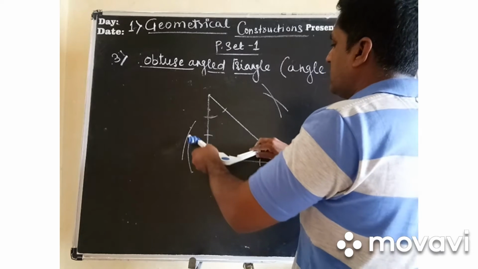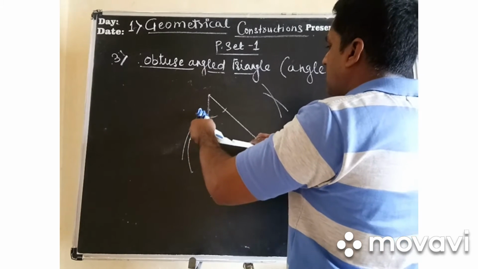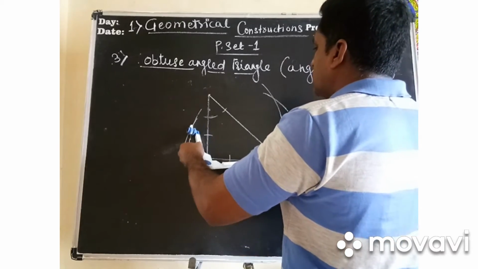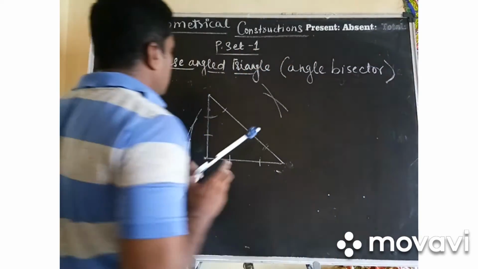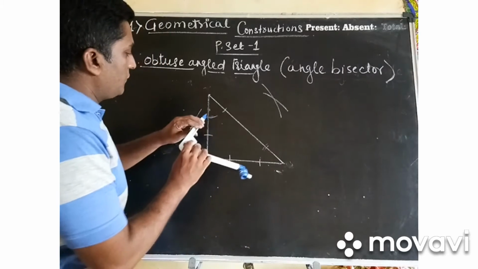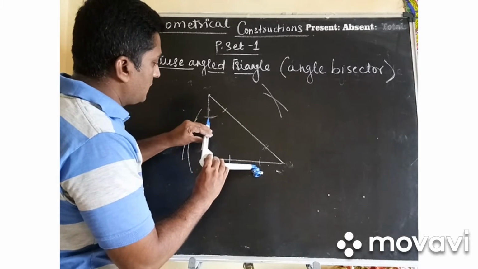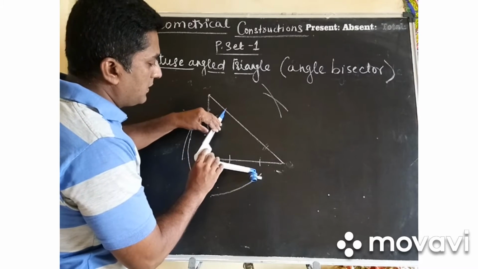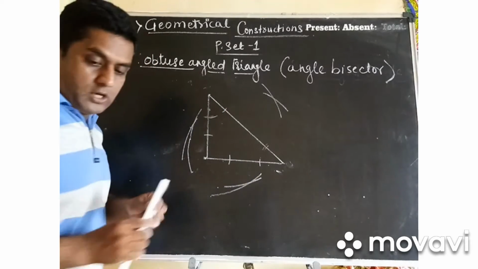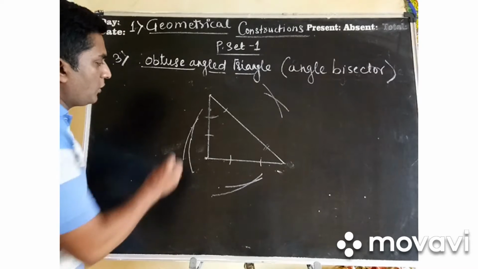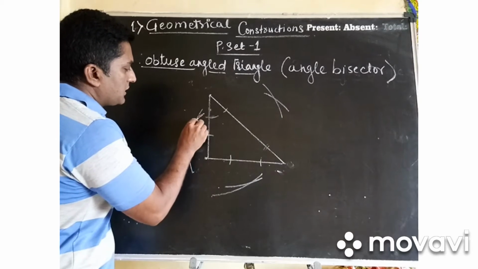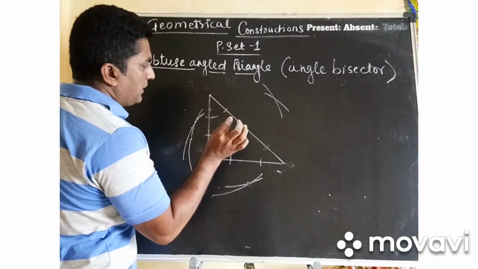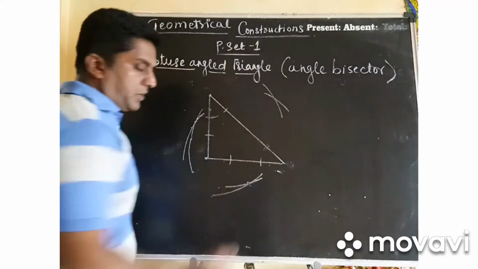With the help of this, if I am continuing this, somewhere it is coming, and somewhere like this it is coming. And my third one, from top to bottom, it will be like this. It is like this, and then it is like this. So if you will see, you have got 3 points. If I am extending this here, see, somewhere one point is coming here, one here, and one here.